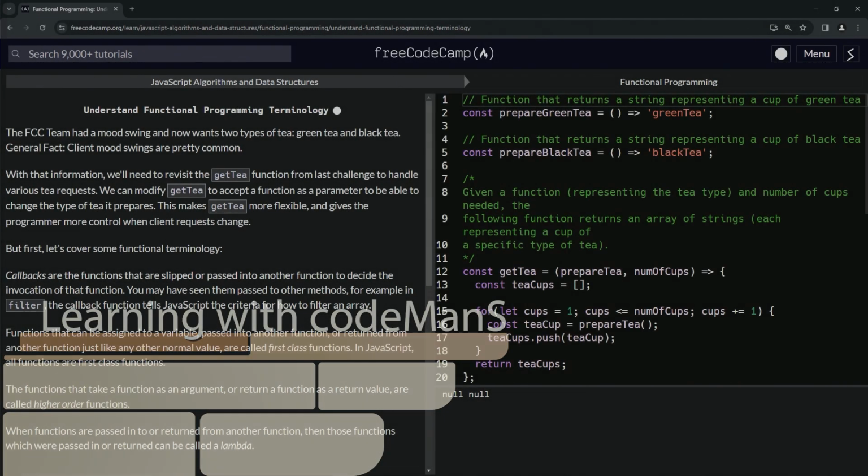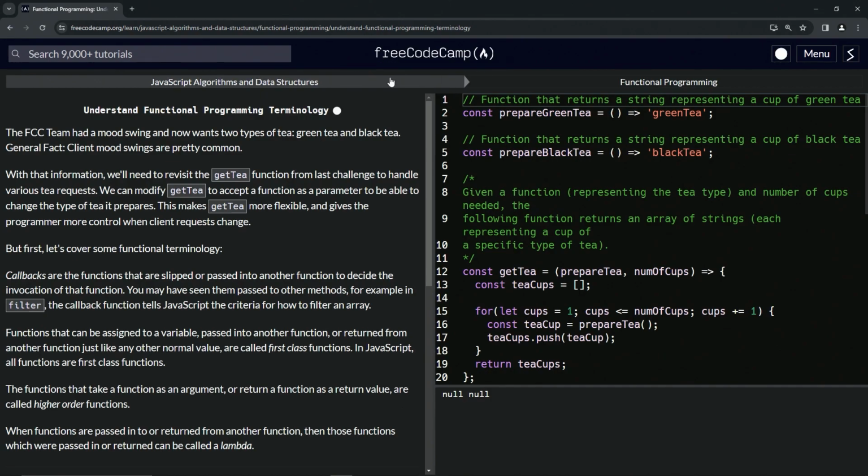All right. Now we're doing freeCodeCamp, JavaScript Algorithms and Data Structures, Functional Programming, Understand Functional Programming Terminology. So the FCC team had a mood swing, and now wants two types of tea, green tea and black tea. Here's a general fact: client mood swings are pretty common. With that information, we'll need to revisit the getTea function from the last challenge to handle various